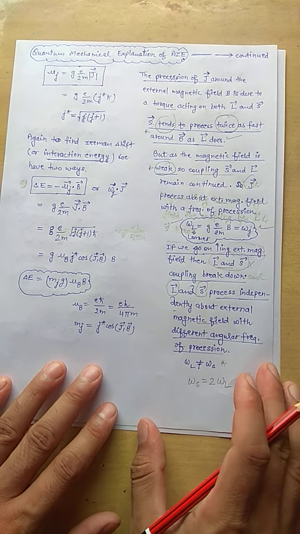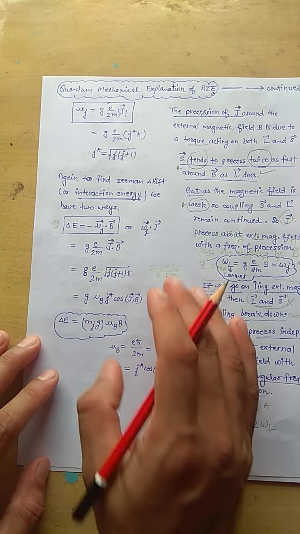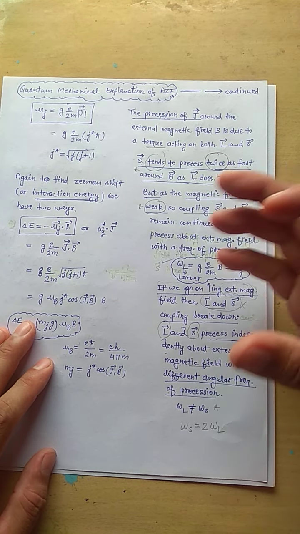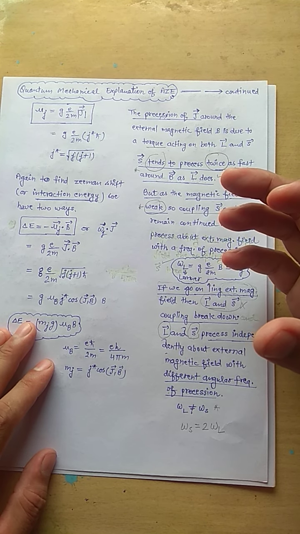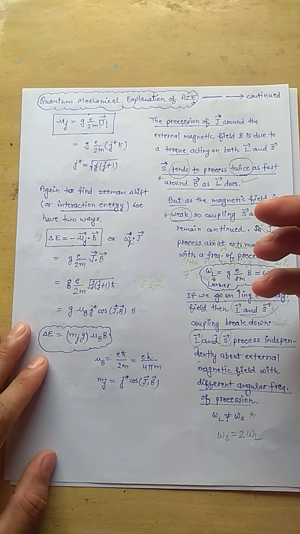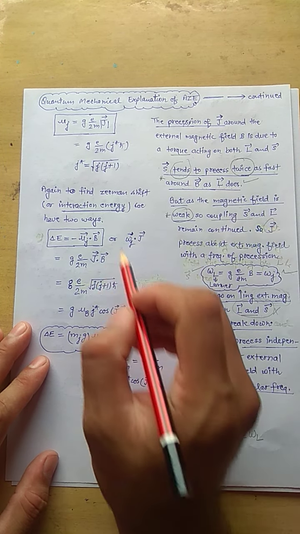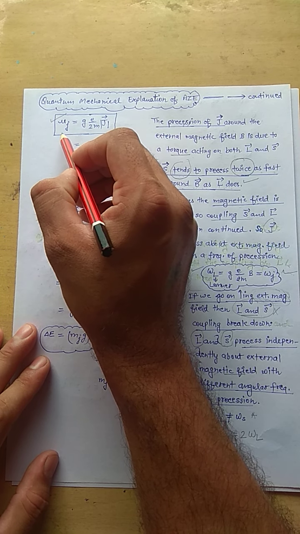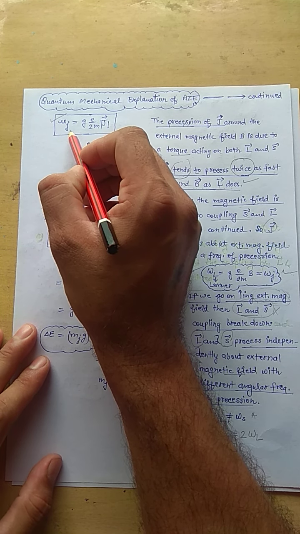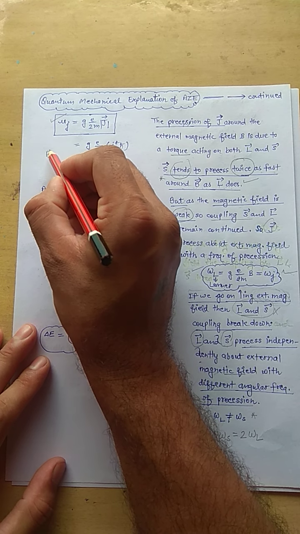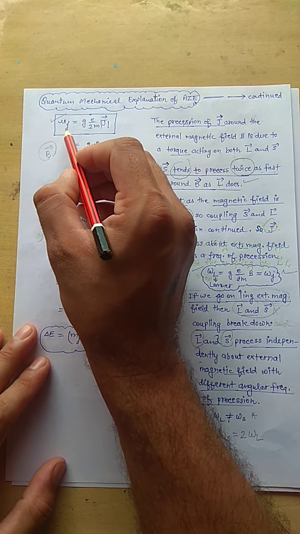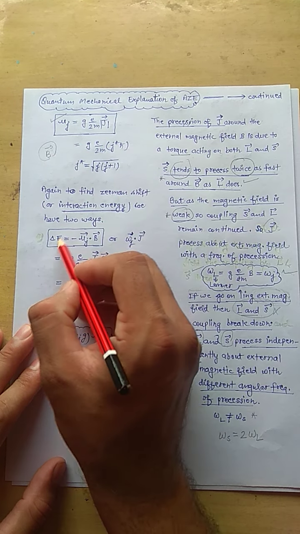Okay class, so this is the thing. Now we are to find this excitation energy. Okay, so to find it we must know what is the total magnetic dipole moment and what is the strength of external magnetic field. If you take negative of dot product of these two, then you will find the